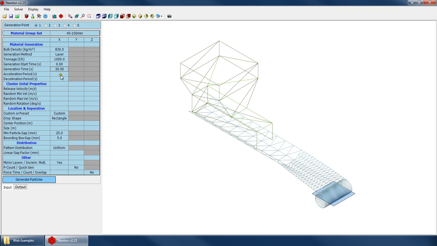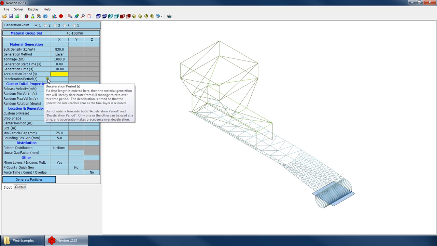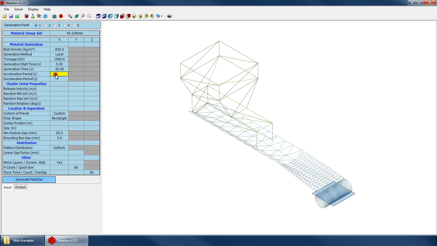20 seconds, 30 seconds. The acceleration and deceleration period, these control how we generate the material, how we change the tonnage. By default you can leave them blank and it will just generate the full tonnage for the entire generation time. But if you want, like say you were accelerating your belt from a stop or during startup, you could